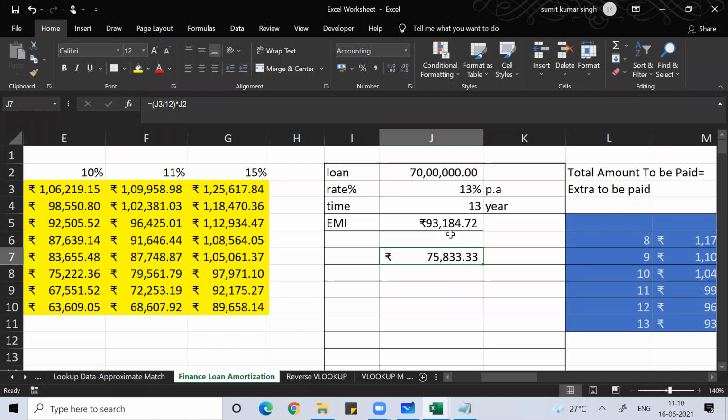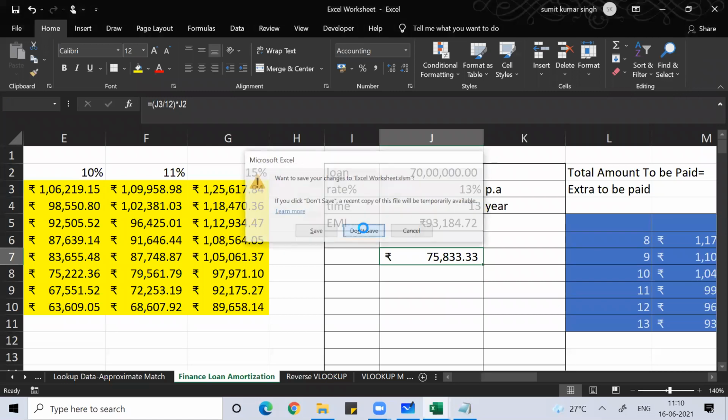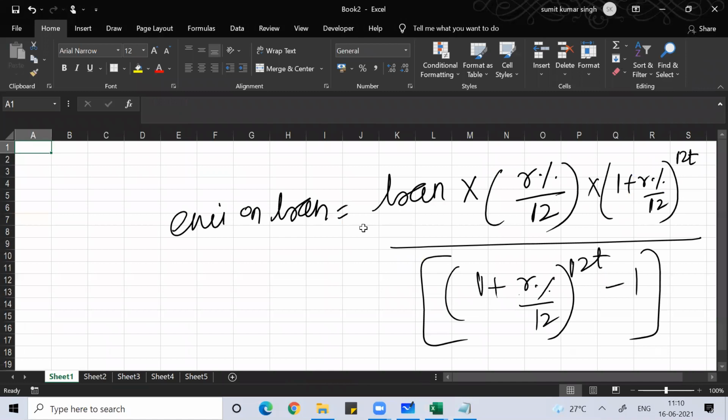Why the hell should I pay 93,184 rupees to the bank per month? Anyone, any idea?